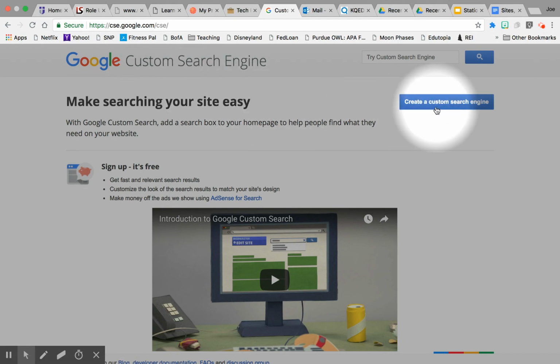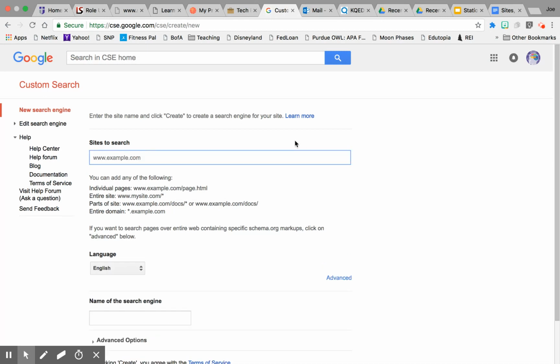So to do that, the first thing you do is you're going to come over here and click on here, create a custom search engine. And then the first thing you're going to do is you're going to enter in the sites you want them to search. So I'm going to put in